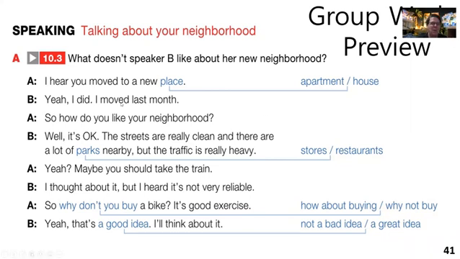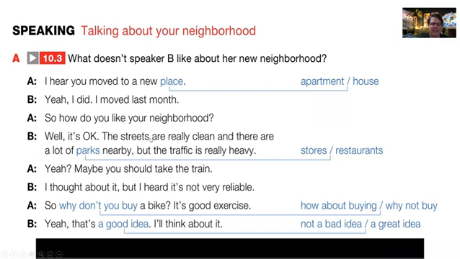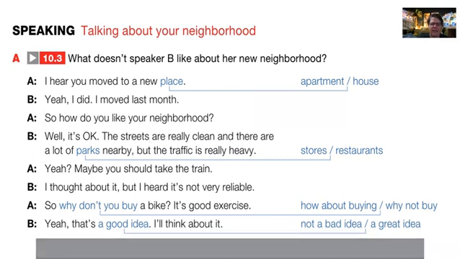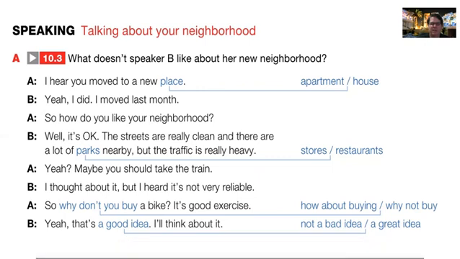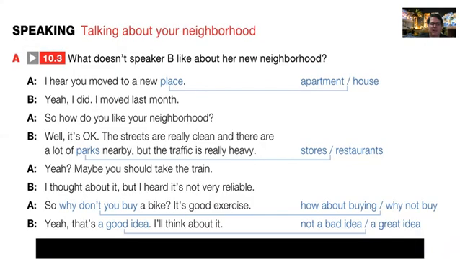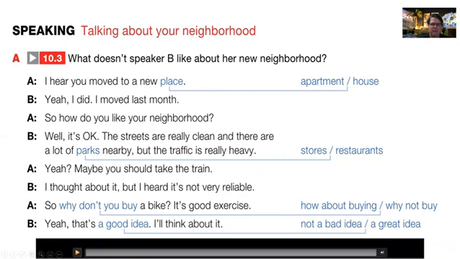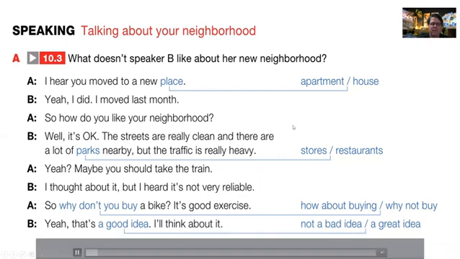You can add more to the conversation if you want, but the basic conversation will be this. All right, the conversation should play. Oops. But it's not playing.